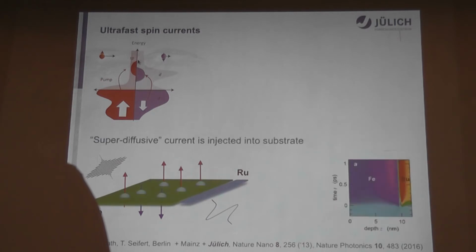And this results in the so-called super-diffusive current, which is injected into the paramagnetic substrate. The magnitude of this current can be estimated, and it can actually be rather large. However, let's ask ourselves the following question. If we have a spin current propagating in a paramagnet, now that we know everything about spin-orbitronics, what would we expect